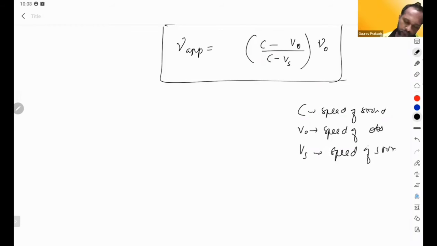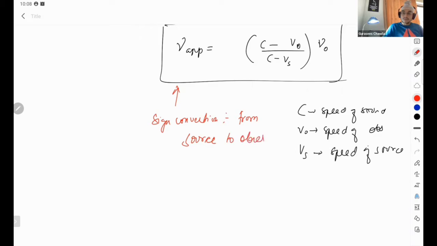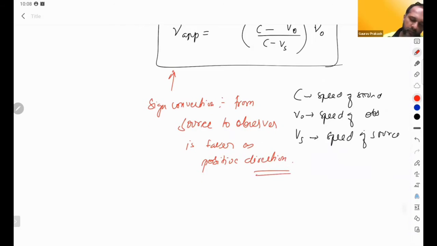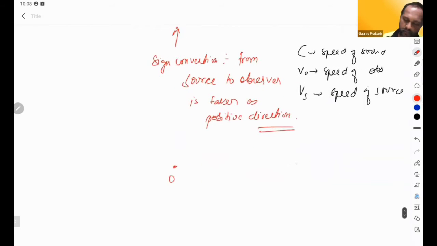source. बट इसे यूज करने के लिए एक साइन कन्वेंशन यूज करते हैं। साइन कन्वेंशन ये होता है कि फ्रॉम सोर्स टू ऑब्जर्वर इज टेकन एज पॉजिटिव डायरेक्शन। सो आपको बस ये बताना है कि ये ऑब्जर्वर है, ये सोर्स है, ठीक है। Source is moving in